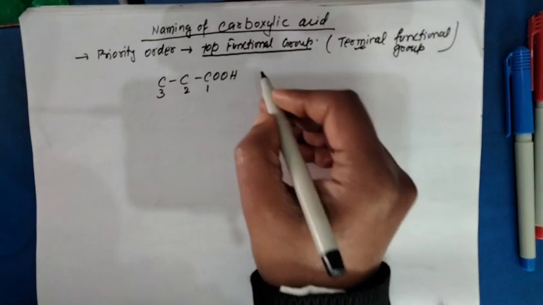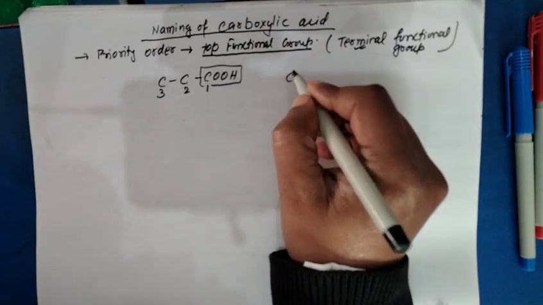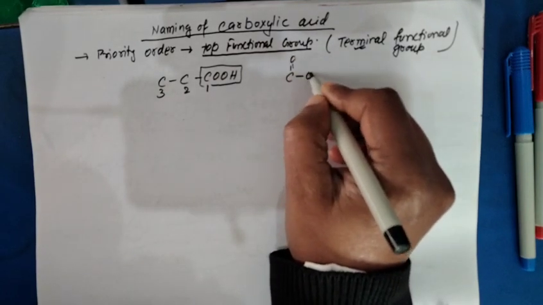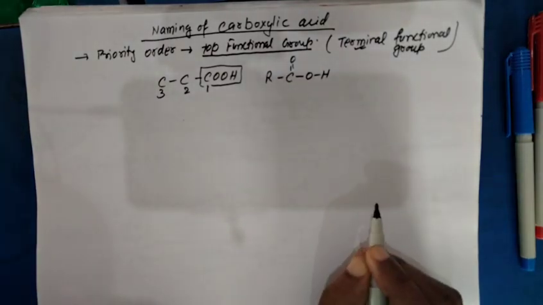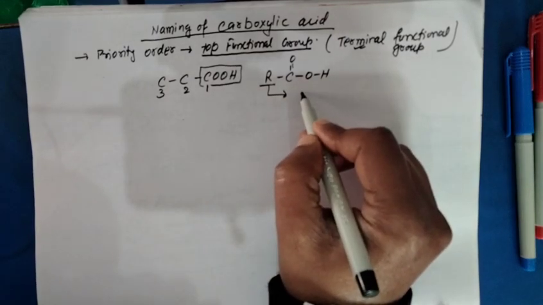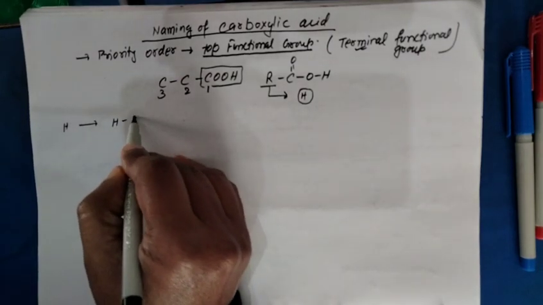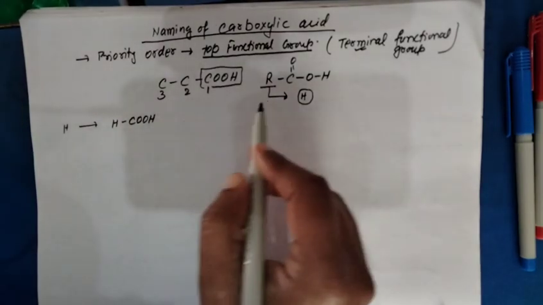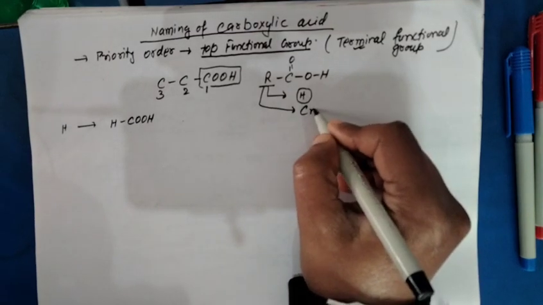Now, what is the structure of this one? Very simple structure it is. C double bond O, O and H, and here we can add the functional group. In place of R we can put H also. So if you put H in place of R, you will obtain HCOOH, and in place of R we can also write